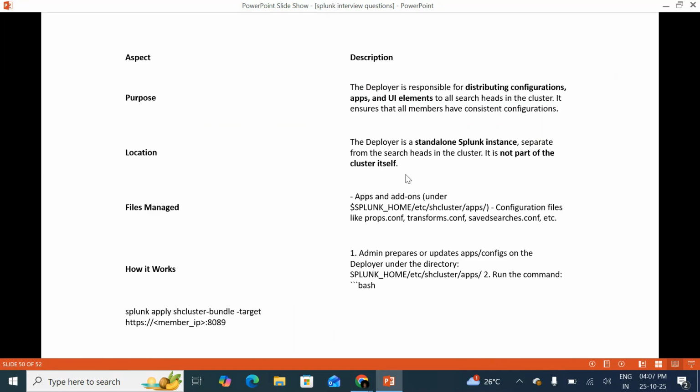Separate servers are actually a separate deployer. One deployer can serve only one search head cluster. The files' location is Splunk etc shcluster apps and users folders. Whatever configurations you want to deploy to the search head cluster members, you need to place here and push the bundles with the help of the command splunk apply shcluster-bundle -target